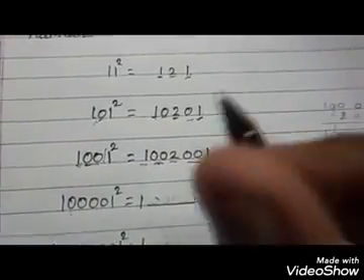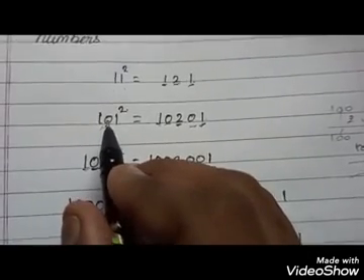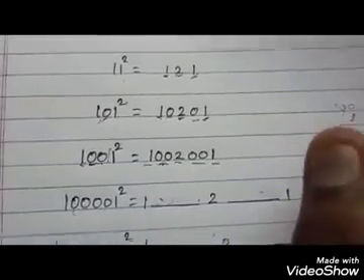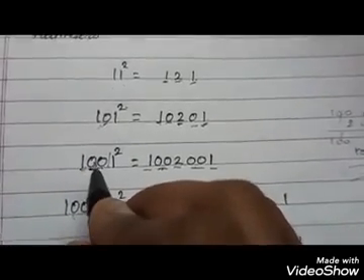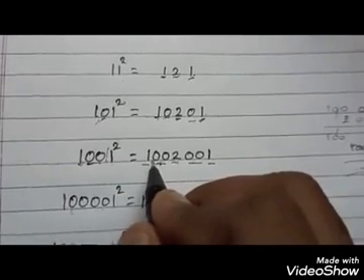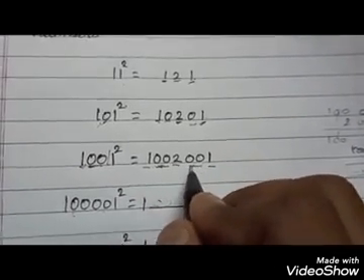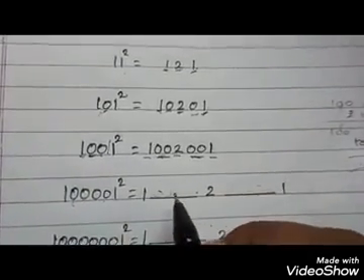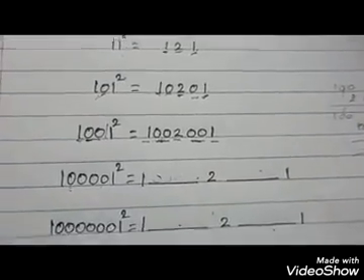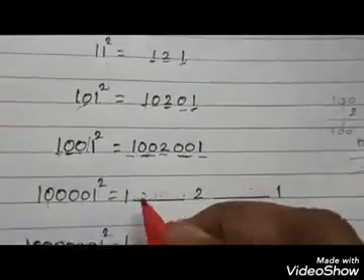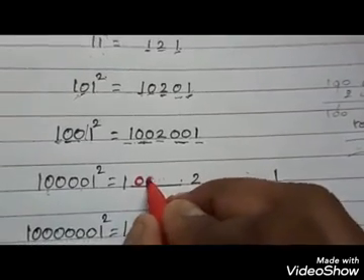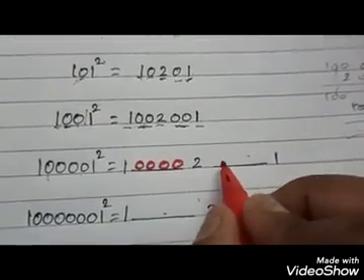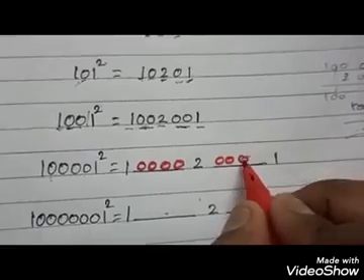What pattern do we have to follow? Here how many 0 is there? 1. You need to fill in front of and after 2 one 0. The same way here 2 0 is there, you need to fill 2 0 in front of 2 and after 2. So here how many 0 is there? 4 0 is there. So the answer is you need to fill 4 zeros, 1 2 3 4, and after 2 also you need to fill 1 2 3 4.